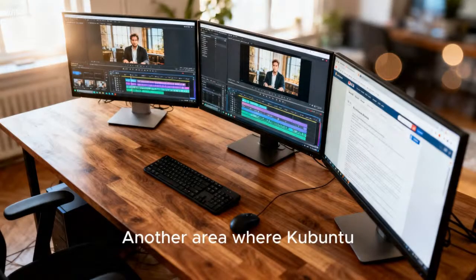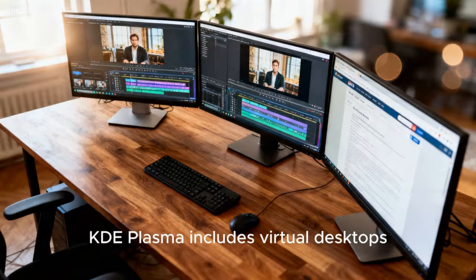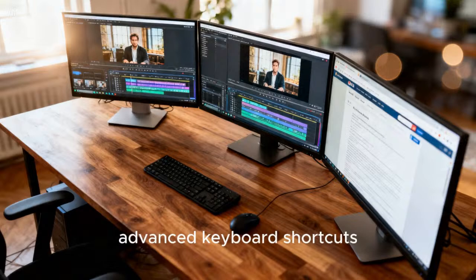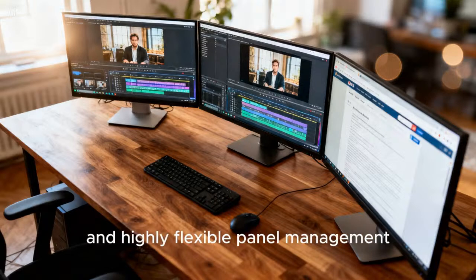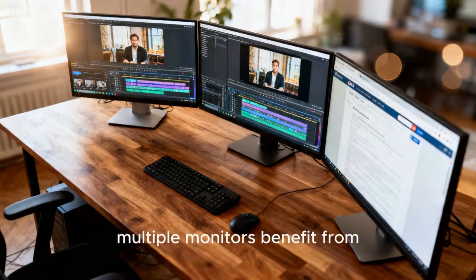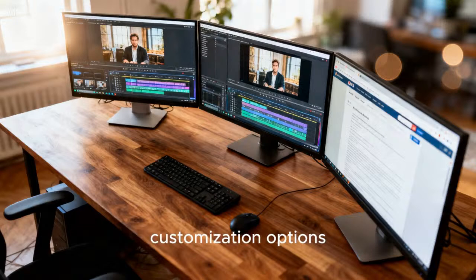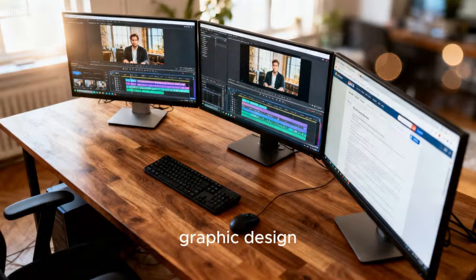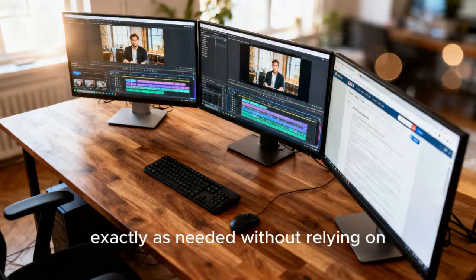Another area where Kubuntu excels is multitasking. KDE Plasma includes virtual desktops, activities, window tiling, advanced keyboard shortcuts, configurable window rules, and highly flexible panel management. Users working with multiple monitors benefit from excellent display management and customization options. Professionals handling programming, graphic design, video editing, research, or office productivity can organize their workspace exactly as needed without relying